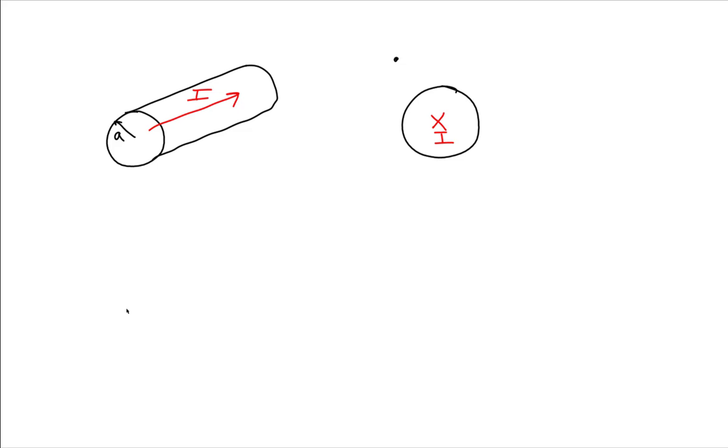We'll say the point is right here, and that distance is going to be r. We've already shown what the result of this should be. Since we can treat this long cylinder as a long wire, and we are looking at the magnetic field outside of it, we already know that the magnetic field should be equal to mu naught I over 2 pi r,